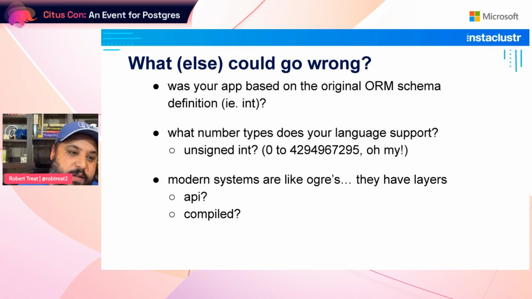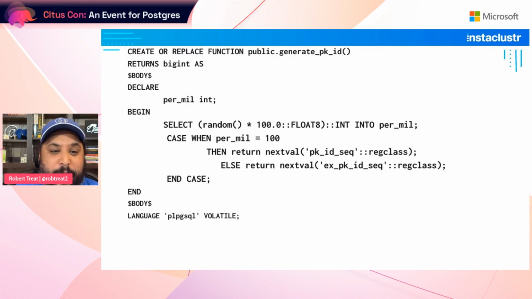Another really fun version of this problem is if you have compiled code. Let's imagine you have a table that is the backing store for a mobile app that you have sent out to people. So you now have to recompile the mobile app to handle bigint numbers, maybe upload that to some kind of app store, and hope that people will go and download it. Try getting Apple to do that in a hurry, on a Saturday night. I'm just saying, if you can get the early warning, you definitely want to get it, because otherwise these kinds of problems can be lurking out there. So be aware of that.